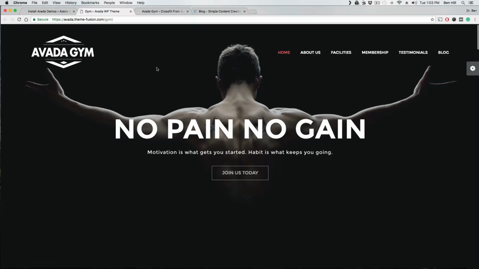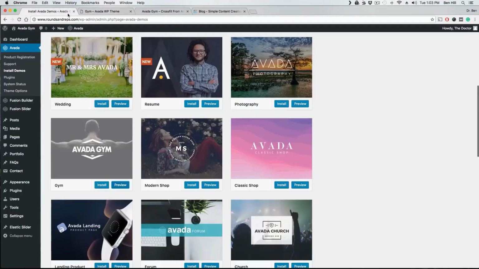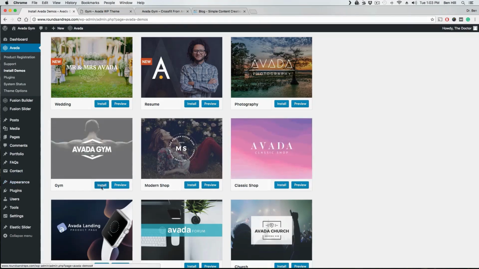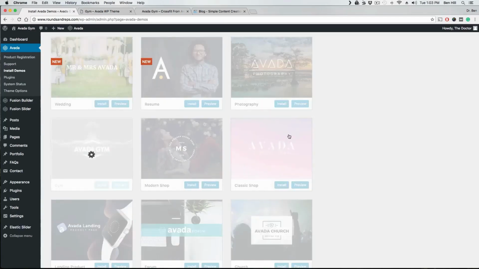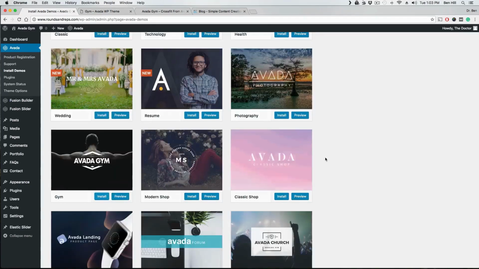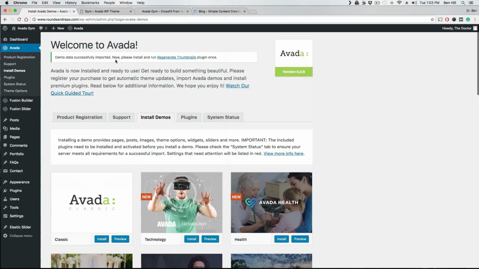And so I just want to show you how to install one of those. Again, you can preview each and every one of them and see which one would be closest to what you would like. So all you have to do is, of course, click install and hit OK. Now this might take a couple of minutes, or a couple of seconds. It really varies and depends on your hosting company. But if you go to the top, everything was successfully installed right there. Now there's this plugin that they want you to install, Regenerate Thumbnails, and that just resizes all the images. That can be a little bit tedious, but basically just go ahead and click on that, and